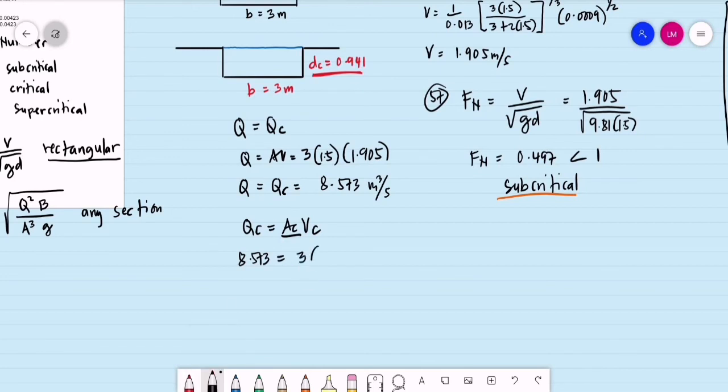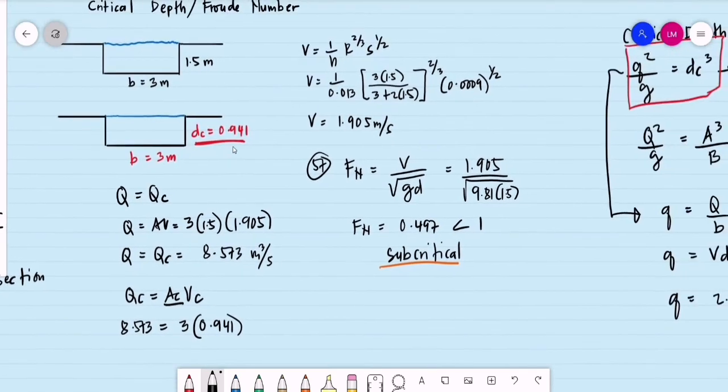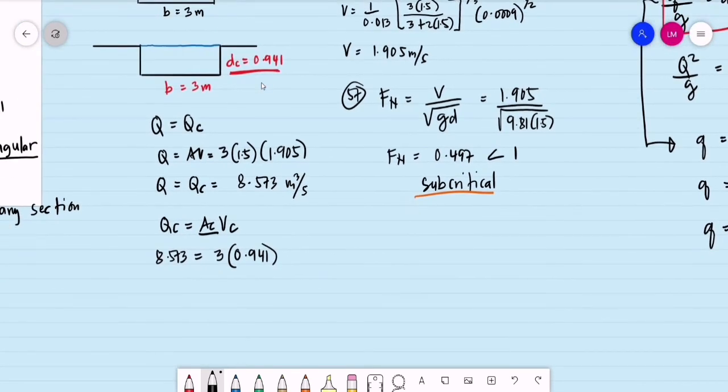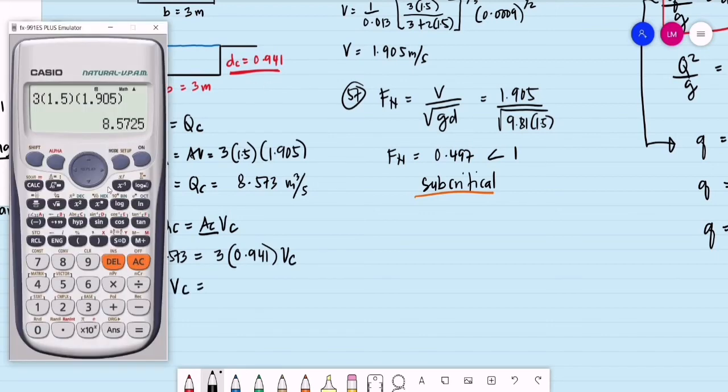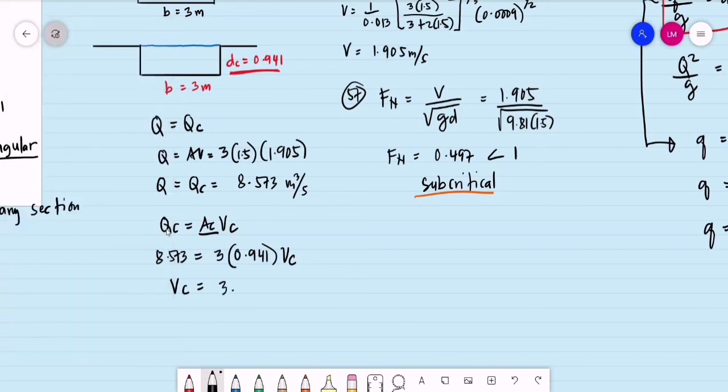Okay, we have 3 meters times the critical depth 0.941. So instead na 1.5, palitan lang natin ng 0.941 ng critical depth. Kapag yun yung ginamit natin, ang makukuha na natin dito is the critical velocity. So this value divided by 3, divided by 0.941. So this is our critical velocity, 3.037